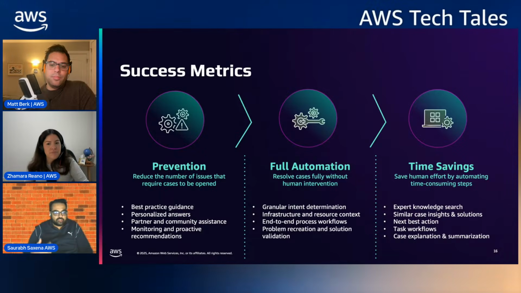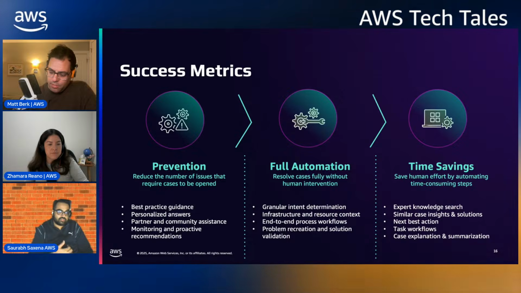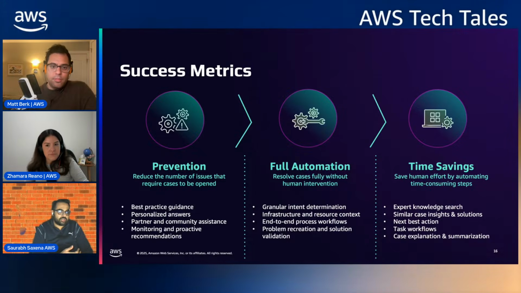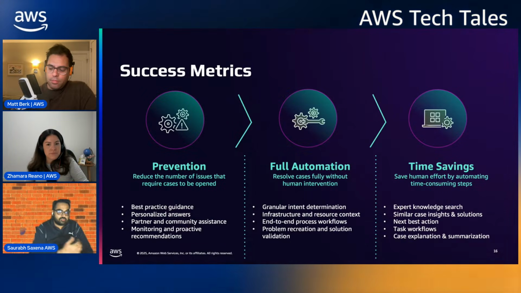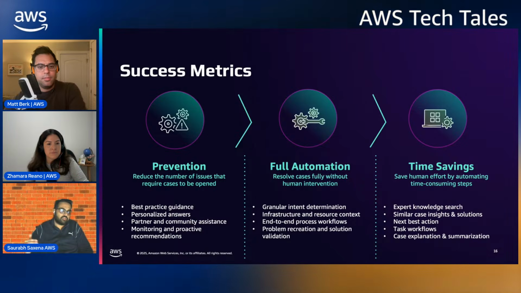When they do contact us, we ask, are we able to fully automate their experience? Are we able to give them the right, relevant, contextual answers without having a human in the loop? We are talking milliseconds to minutes at that point, depending on the complexity. That's the experience that we strive for. And does it save time for them engaging with us? Because as soon as we involve a human, the time goes up, right?